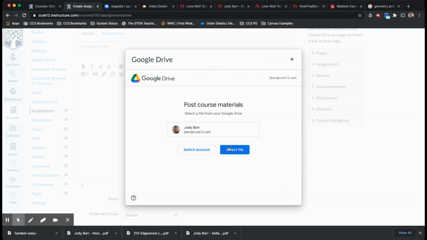It's going to ask me to make sure that that's the correct account. I'm going to go ahead and select file. And what happened was it brought up this dialog box right here, and you will notice that this image now is available to me. When I click on add, it's going to change the sharing setting and allow anyone with a link to access it, and that is only to view it, not to edit it. I'm going to go ahead and click on attach,